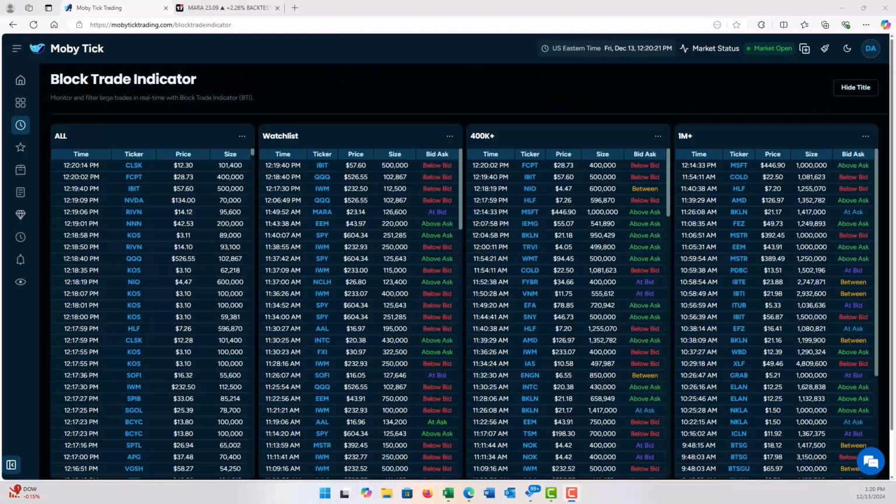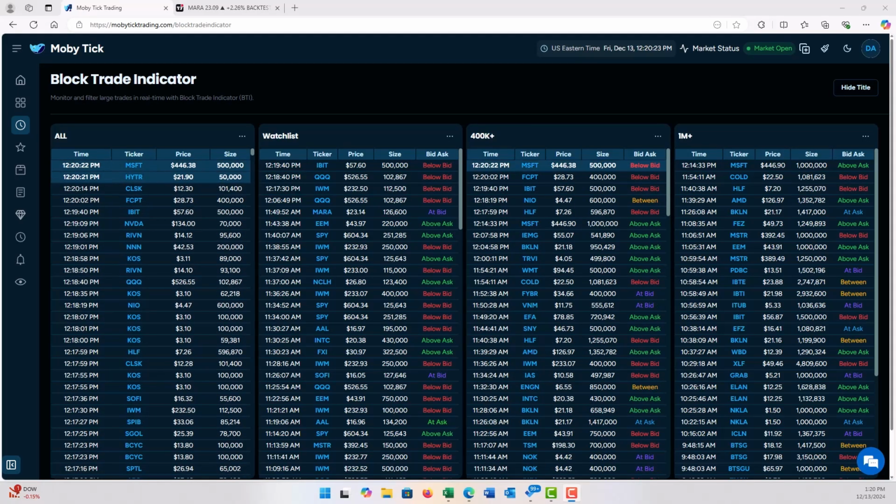Hey traders, so let's recap our trades from this morning, from our callouts. First, I just wanted to show you something kind of cool. This is a feature of Moby. This is a block trade indicator. And so what we're seeing here is all of the trades coming through in real time, and I've got 4